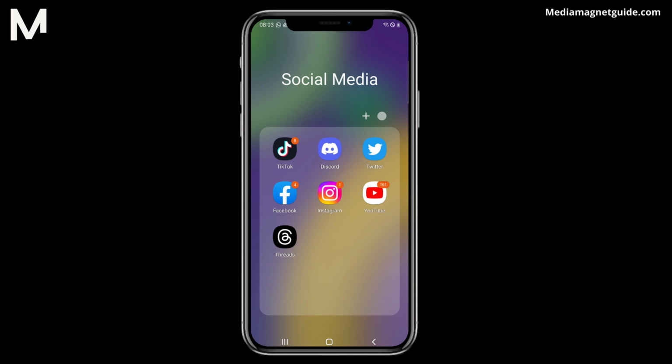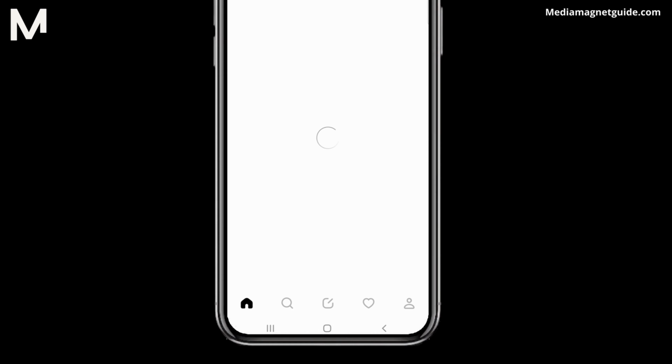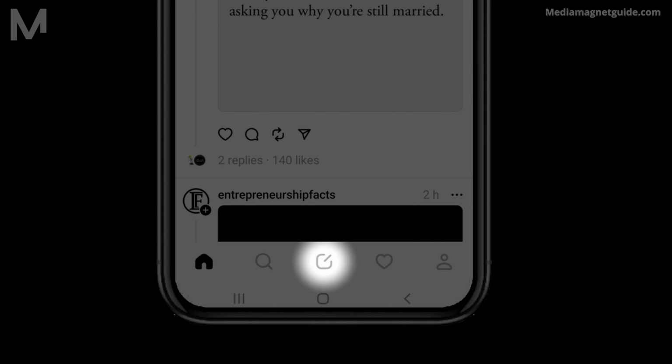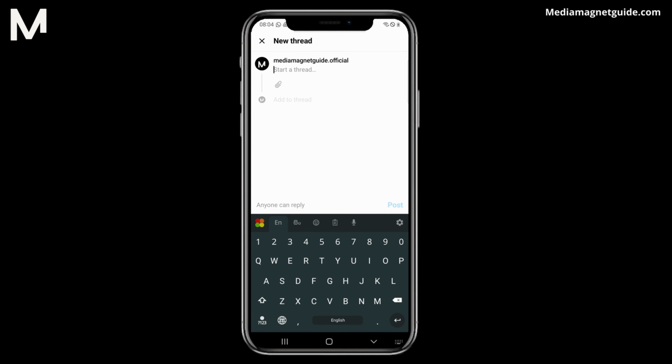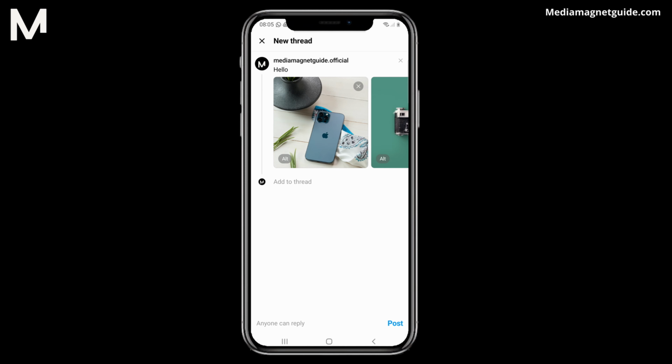To start, launch the Threads app and locate the pencil and paper icon positioned at the center bottom of the screen. This is your gateway to crafting engaging content and initiating discussions. Begin by typing out your Threads content. You also have the option to enrich your post by tapping the paperclip icon, allowing you to attach captivating photos